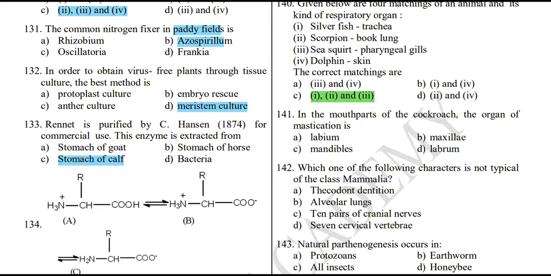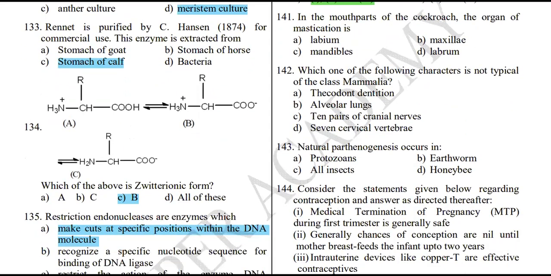Okay, in the mouth parts of the cockroach, which organ is responsible for grinding? First you have to understand what are the structures present in a cockroach. The first is going to be labium. So first there will be labium, and then there would be labrum. Let me write it here. There would be labrum, and then there would be mandibles. This side there will be mandibles. Here also mandible,